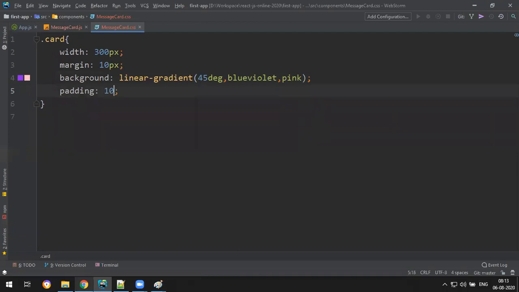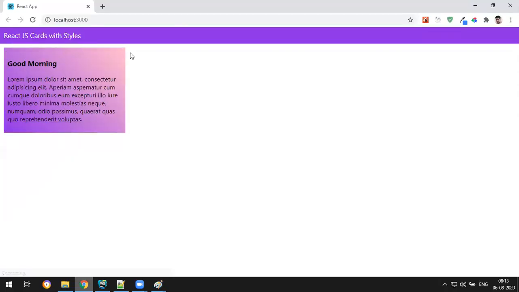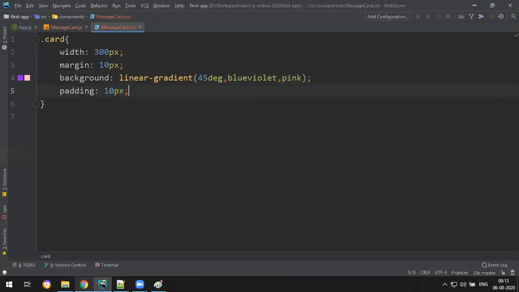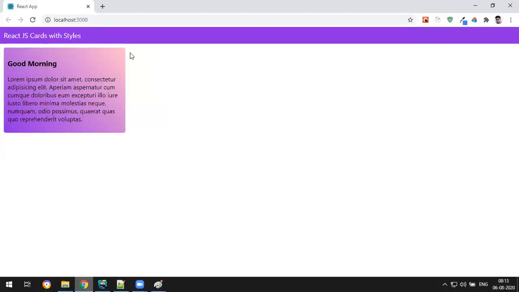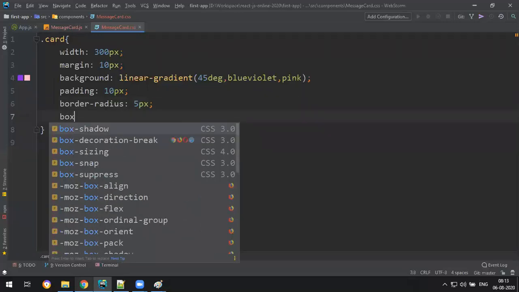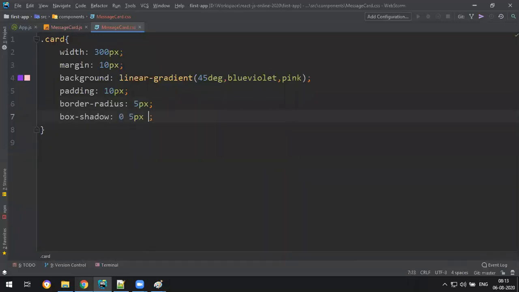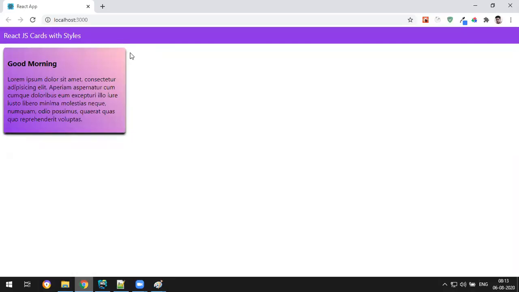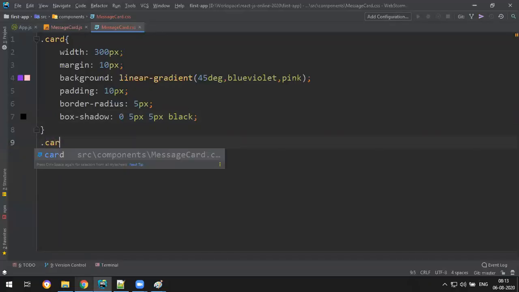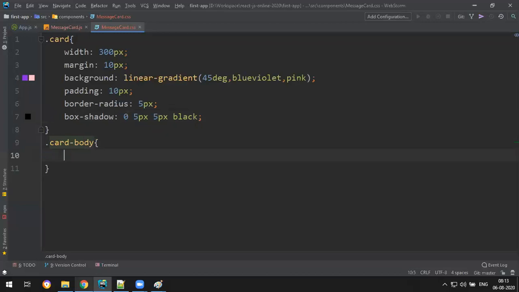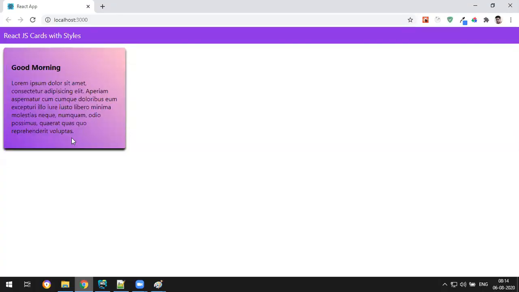Okay, and let me give some padding, 10 pixels. Let's add nice rounded corners, border radius 5 pixels, and a little box shadow 0, 5 pixels and 5 pixels and black. You get some box shadow, fine. And inside for card body, let's add a little padding one more time, 10 pixels.